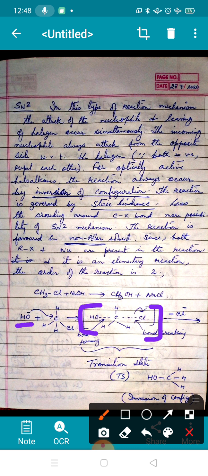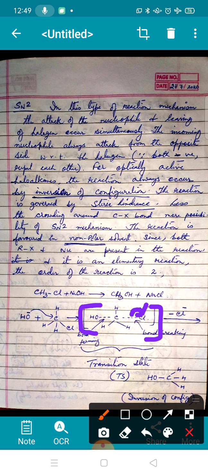The bond between HO and C is partially forming, and the bond between carbon and chlorine is partially breaking, because carbon cannot have more than 4 bonds as its valency is 4. So if OH attacks, a partial bond tends to form. Here you can see as if carbon is having 5 bonds. So the chlorine has to go because we are doing substitution of chlorine,